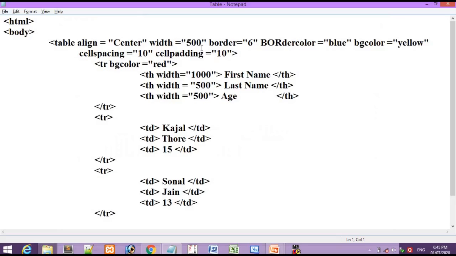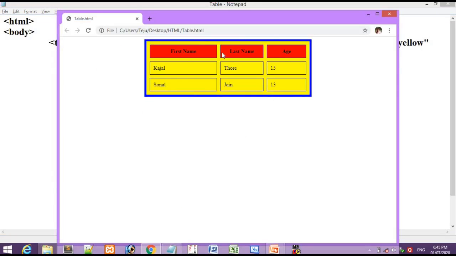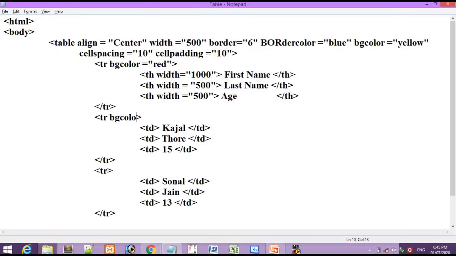Okay, now we will use other attributes in other tags as well, like I will use it for the tr tag. In table data, we again have a row. In that row, again I will give bg color to this name, that is Kajal. Okay, I am using the bg color attribute in the second row, and I will give the color as aqua. I am giving the color name here, and in the td tag I want to give alignment to the name अर्चना.